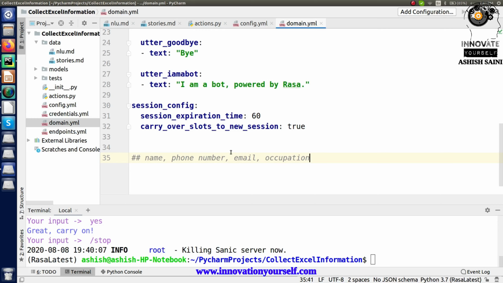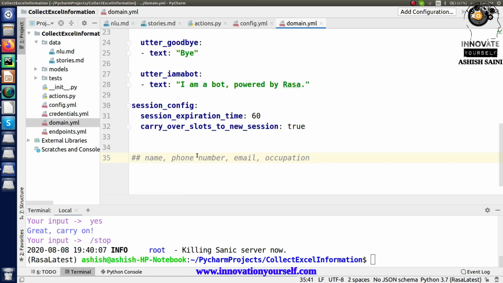Let's say my user wants to get some information from the existing data, and the user provides some information. My bot will collect that information and return you the data. Your bot can also ask whether you want to save this data for future reference. If you say yes, it will store it in a separate file, otherwise it will say thank you so much. So this is how it is going to work.